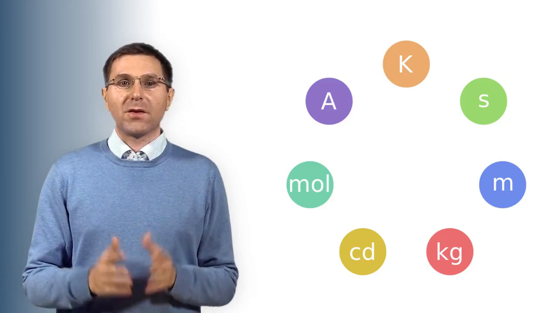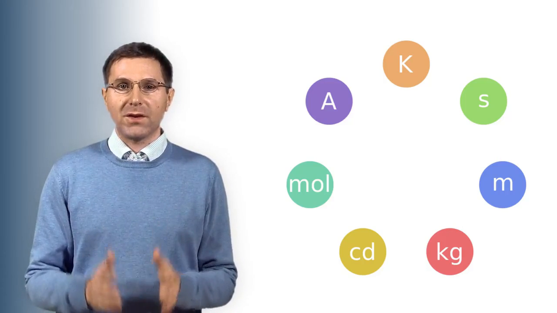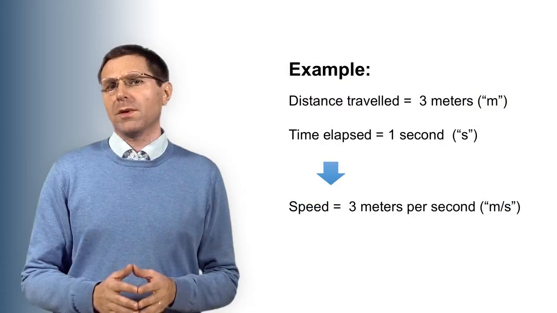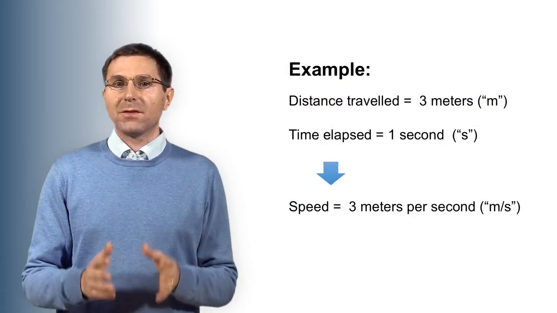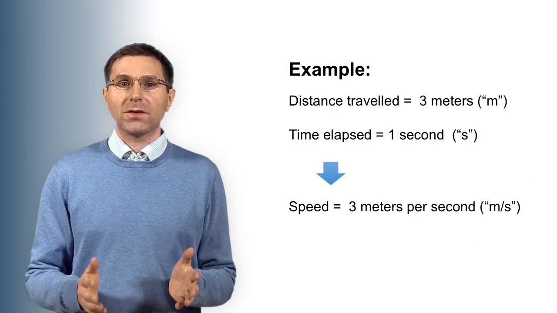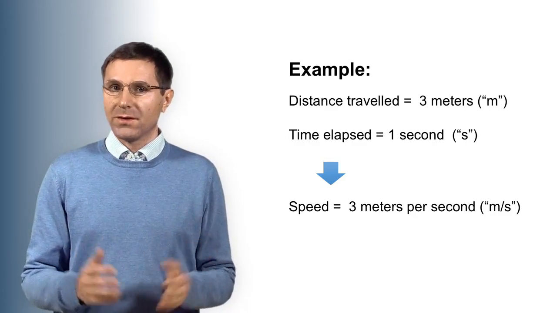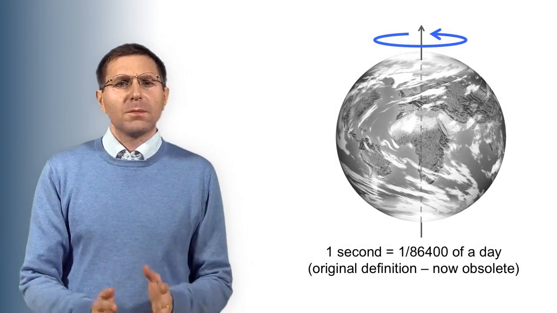These 7 units are enough to express any physical property we measure either in basic units or as a combination of basic units. For example, we measure length or distance in units of meters, and we measure time in units of seconds. We can combine these two units to define speed, which is the distance or length per time unit. We get the unit for speed, which is meters per second. By the way,